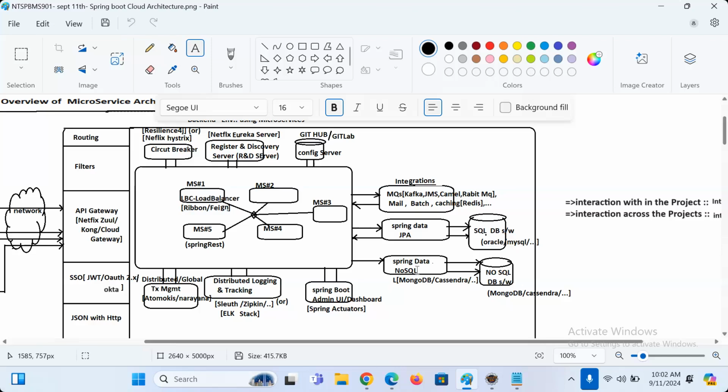Tomorrow if the database password is modified, I would otherwise have to modify it in every microservice project. But since they are in a centralized location, the GitHub account, I need to modify only once, and it will be reflected in all the MS projects.